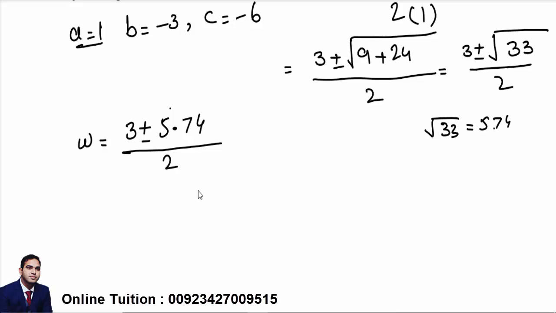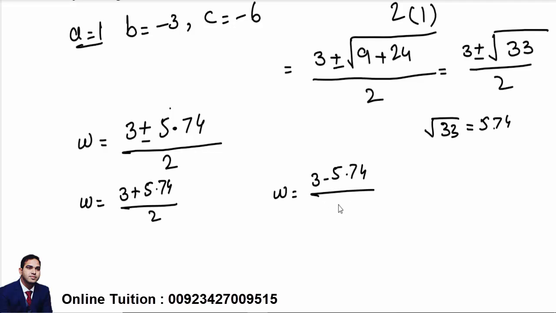Now we have two values of w: the first is 3 plus 5.74 divided by 2, and the second value of w is 3 negative 5.74 divided by 2. Now this is 8.74 divided by 2. Dividing this value by 2, we get 4.37, and the other value is 3 negative